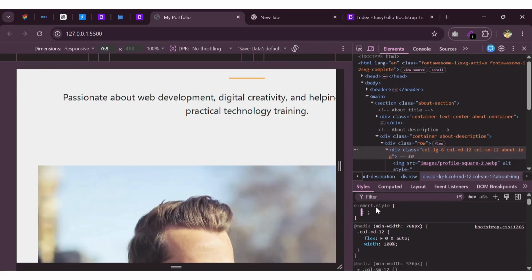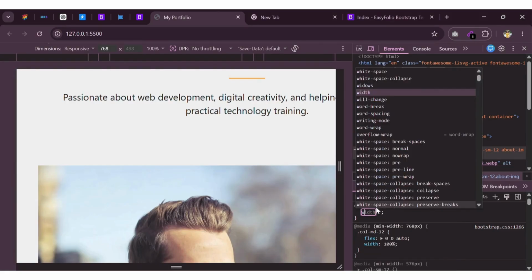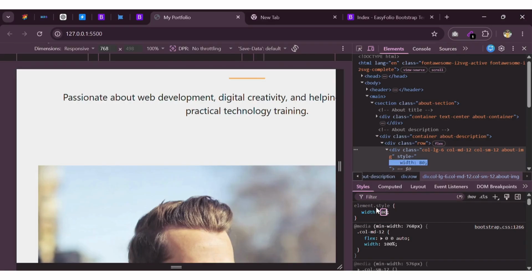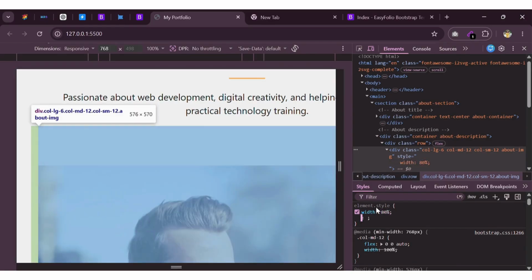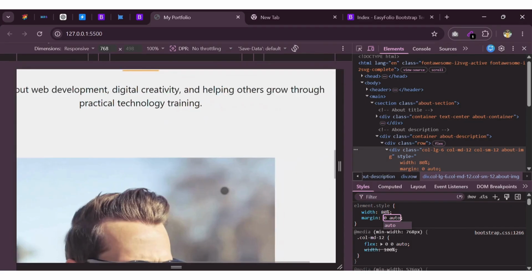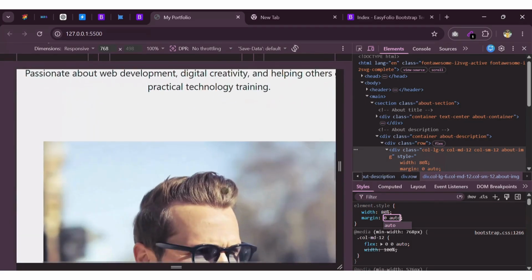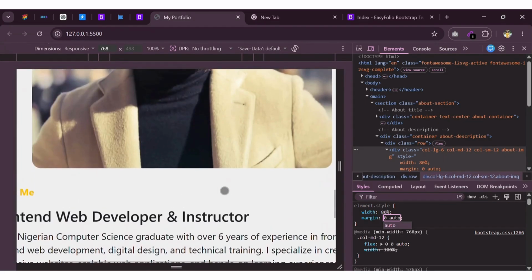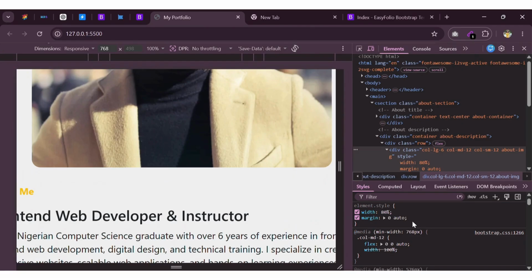So for about image, we're going to give it a width of, let's say, 80% of its container, and margin 0 auto. Okay, so it moved. So I think this is centered now. So we'll take this first